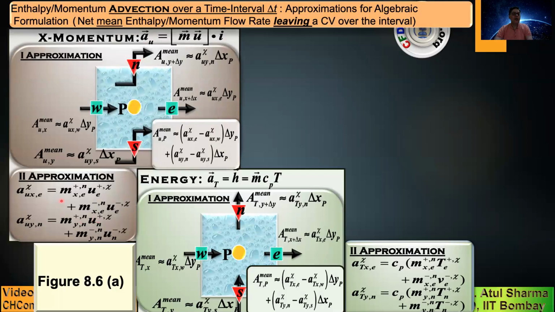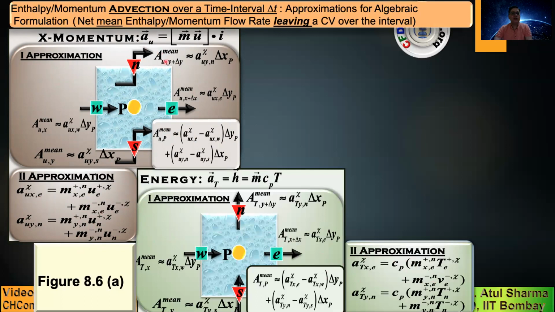Okay, so in the first approximation, we express the surface average value by the centroid of the surface, and the time average by the explicit, implicit, or Crank-Nicolson scheme based on chi with superscript. The second approximation is the advection scheme, where this advection scheme is very similar to the formula that you have used in the previous topic. The only difference is that you have no Cp for the momentum flux, and instead of temperature, you have the u velocity here.